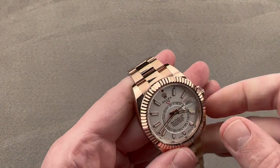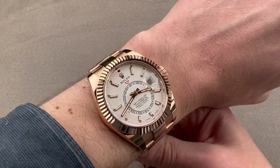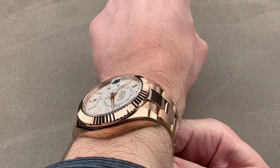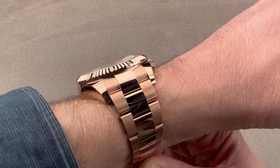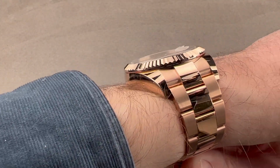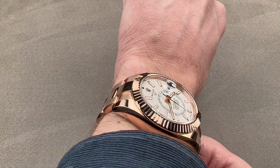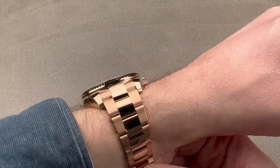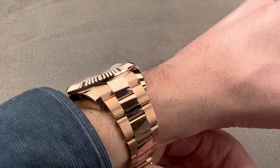Now, when you pop it open and you throw it on my 16 centimeter circumference wrist, you realize how it looks and wears like a Giant Datejust. It has the shape, it has the profile, it has the combination of bezel, bracelet, and dial, and it is thinner than you would expect, even sliding underneath fairly tight cuffs. I could recommend this watch for a wrist of 15 centimeters circumference or larger. My wrist at 16 centimeters circumference is not challenged or overmatched, though the watch is on the large side and